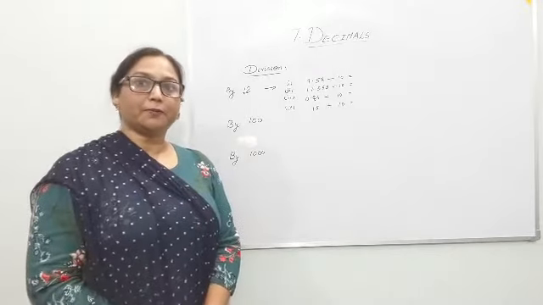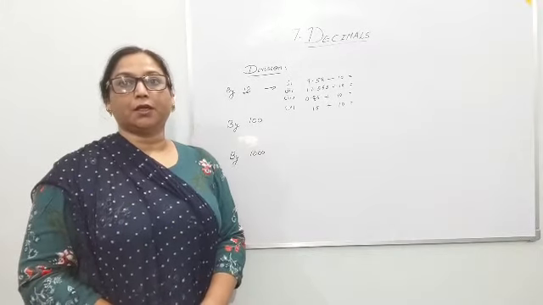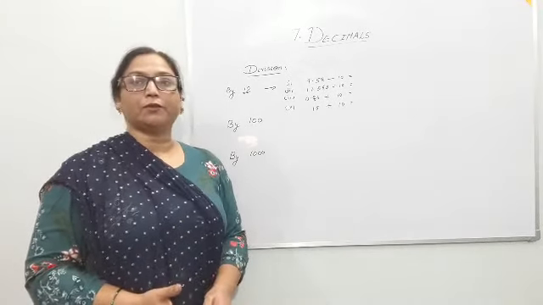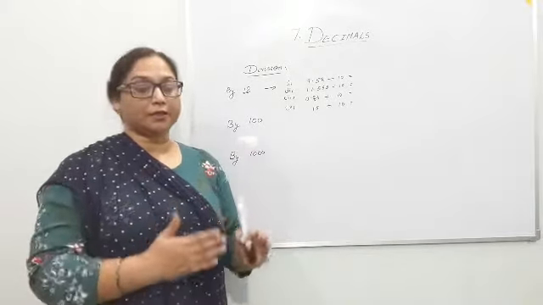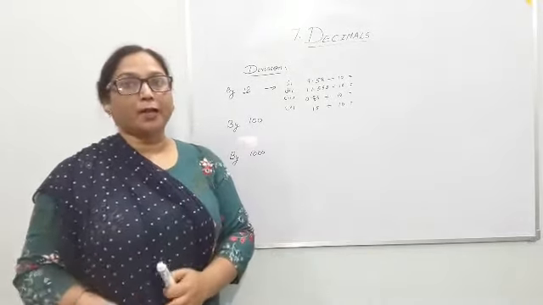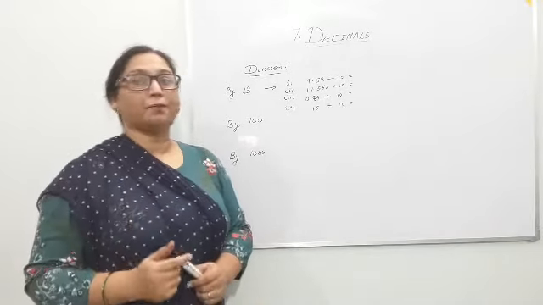Children, I would like to take up first division of decimal by 10, 100, 1000. Just we need to see in case of division by 10, 100, 1000, the shifting of decimal. It is shifted towards left. By how much, it depends on the number of zeros in the divisor. So let me explain with the help of examples.